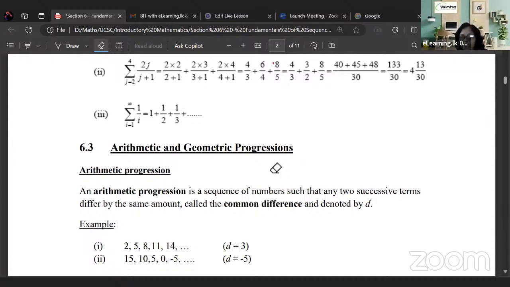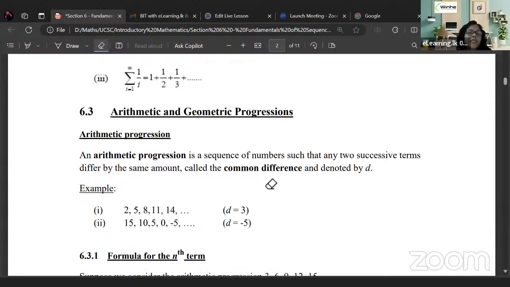So an arithmetic progression means that when we take a sequence, if we take any two adjacent terms anywhere in it and the difference between them is the same for every pair, we call it an arithmetic progression. An arithmetic progression has a common difference. Normally, we represent the common difference by d. Right?